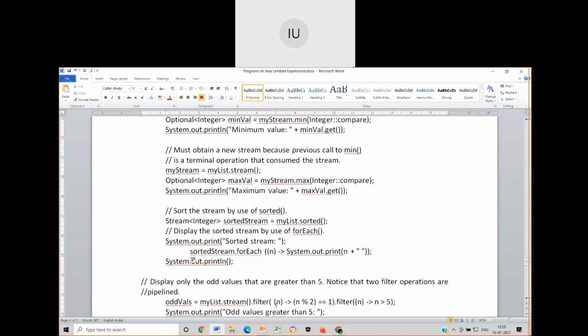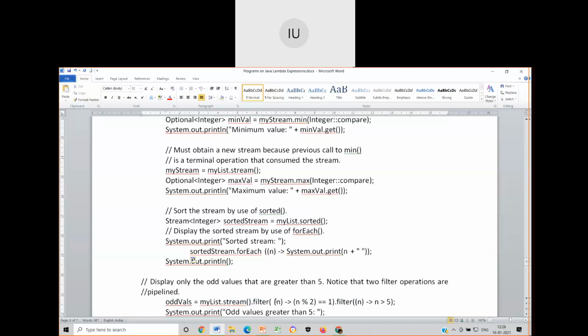Okay, now inside the filter I will be writing this. What is this? n, whether it is divisible by 2 or not. Is it equal to 1 after dividing by 2? If so, it is an odd number. Dot filter again, whether the value that is obtained over here is greater than 5. Okay, look at this. These are something like inner to inner. How will these things happen? n will be taken. First, it checks whether n is greater than 5. So the outermost is nothing but the innermost filter that is available. So n is checked against greater than 5.